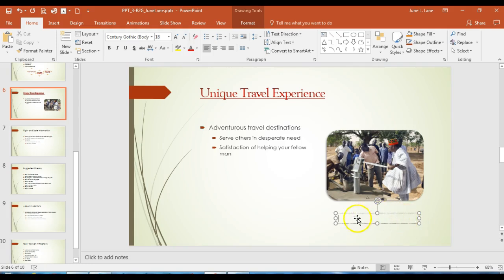So when you dragged your mouse to the right, you saw an outline of the box appear. This indicates the size of the box that you're going to be drawing. When we release that, we see that the insertion point is blinking inside the box. It's like a word processing box, and so now we can enter in some text. So inside of here we're going to type in Village Chief,